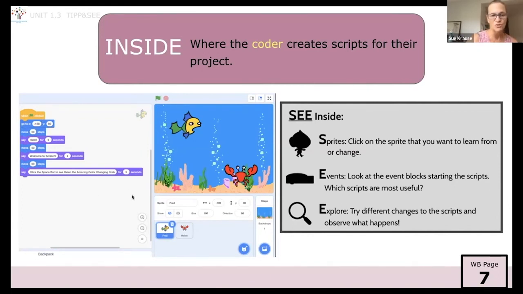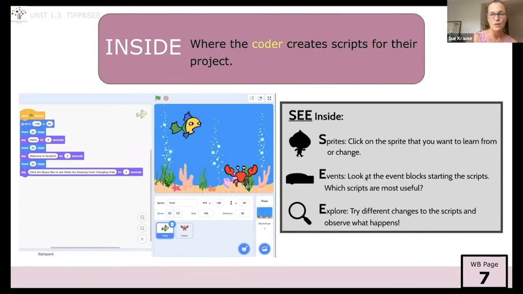This is just a picture, so I can't click on this to show you the Helen code, but at least the Fred code is clicked in this case. And so you can see these are the steps that Fred will take when the green flag is clicked, and that's the green flag that starts the program. The E is events,